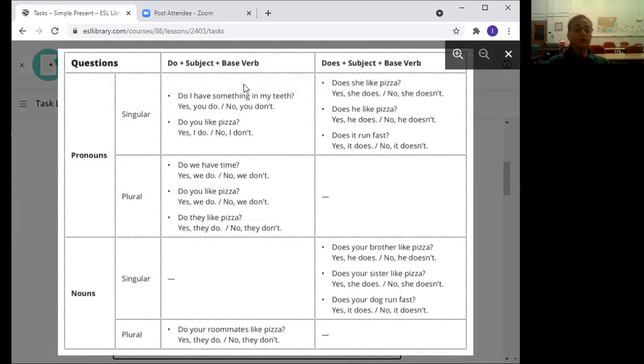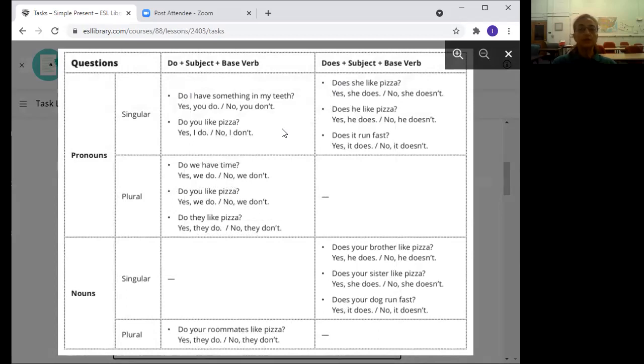We use helping verb does for third person singular, just as in negative sentences, he, she, or it. And for everything else, we use the verb do. However, the word order in a question will be different. Word order is very, very important